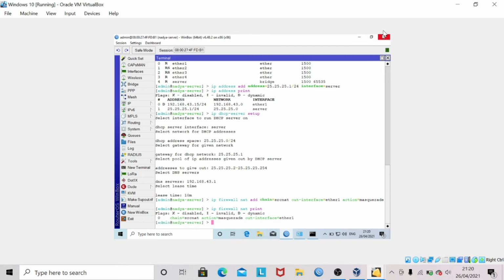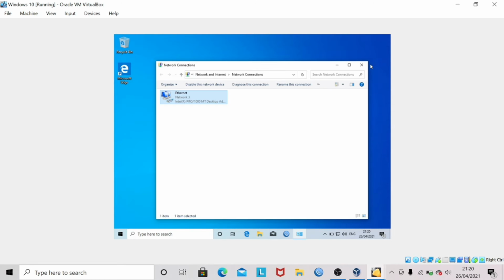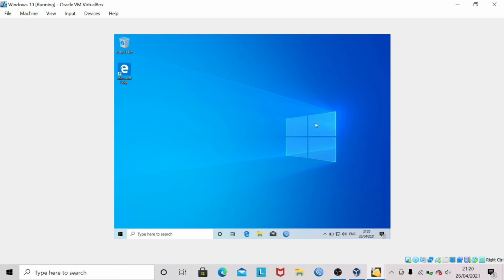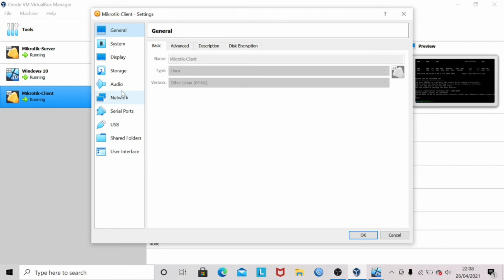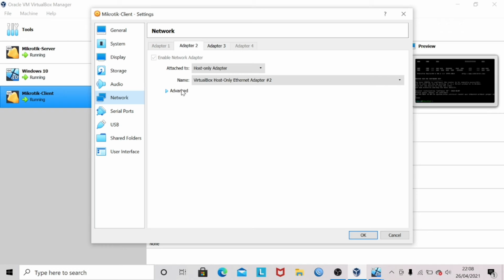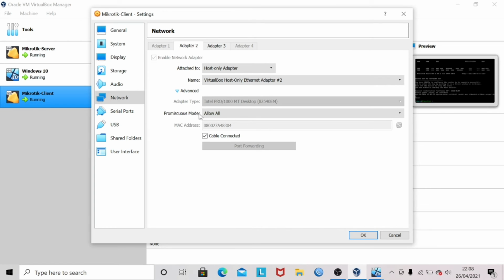Next, I will do a configuration on the router client. Open VirtualBox again. For the MikroTik client, I use 2 adapters, namely adapter 2 host-only adapter with promiscuous mode allow all, and adapter 3 host-only adapter with promiscuous mode allow all.